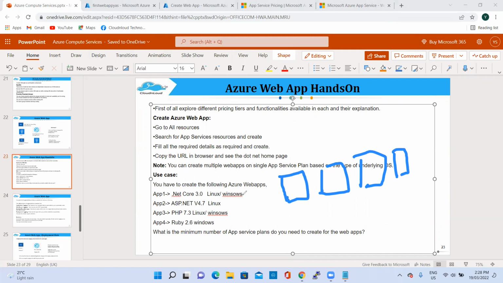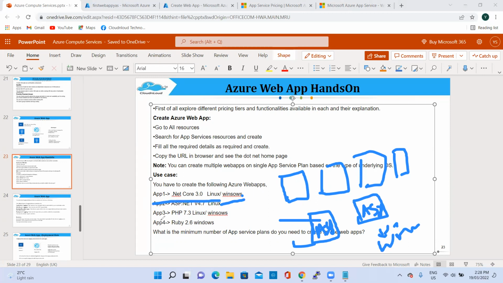So if you can see, there is one application that is only supported with Linux, right? So definitely I have to create one Azure service plan selecting Linux, because the underlying virtual machines are going to be Linux for this Azure service plan. And I am going to create one more Azure service plan, and its underlying infrastructure is going to be the Windows operating system. So now I can host app 2 on this Azure service plan, and I can host app 4 on the other Azure service plan, because one is compatible with Windows and the other is compatible with only Linux,